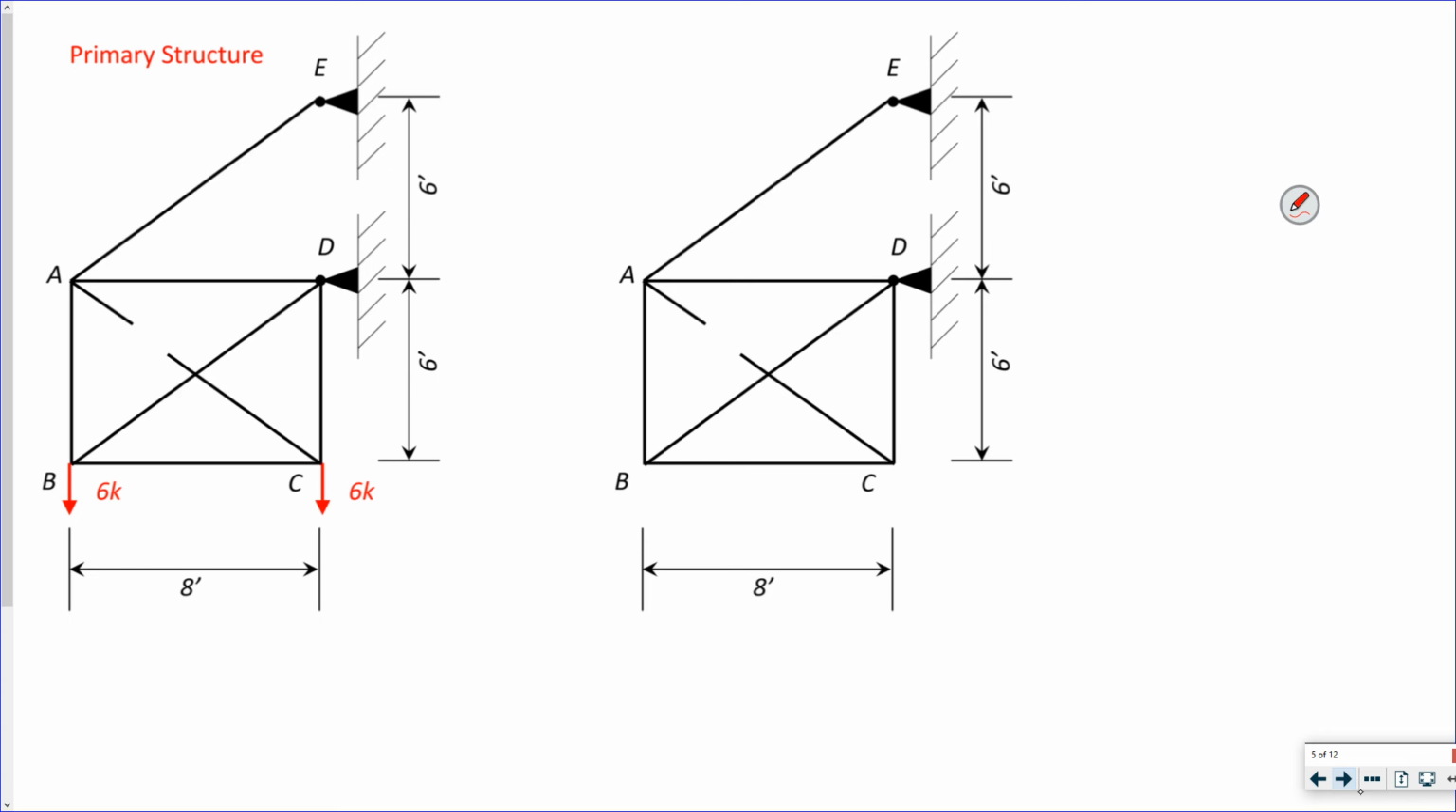And I cut it, meaning there's some gap, right? How do I find out what that deflection is? I'm going to do a virtual load of 1 to find that deflection. So my primary structure now gets broken up into a real structure